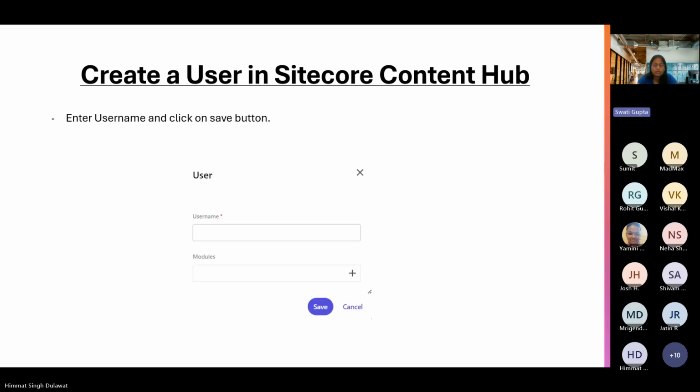Whatever username you want to give to create a user, you can give it the username. If you want to select some modules, you can select a module as well, and then you need to click on the save button. So in the next step,